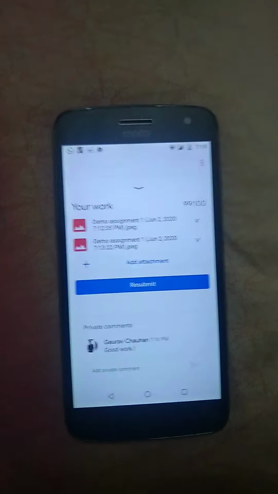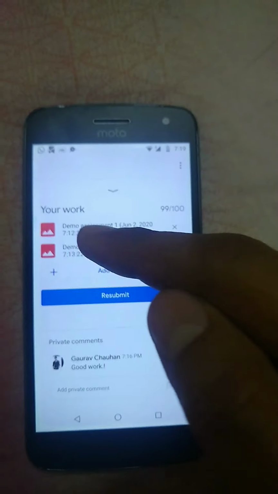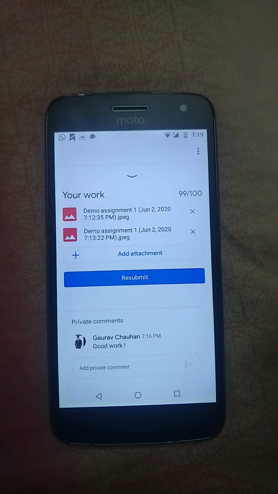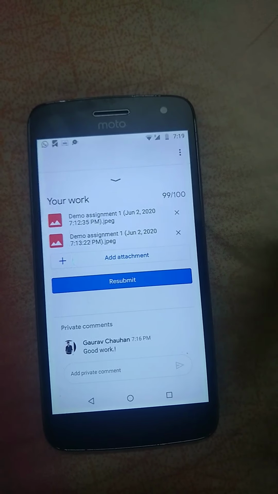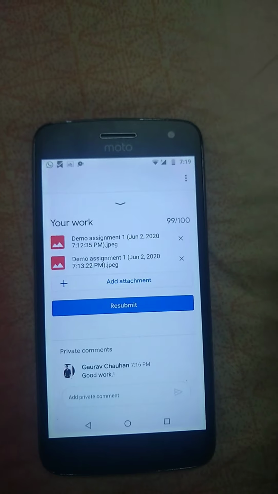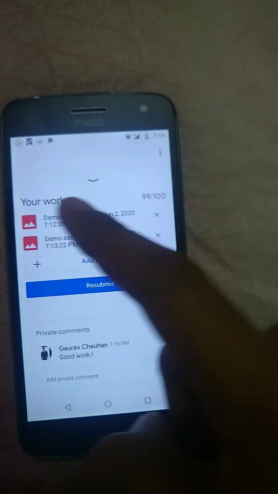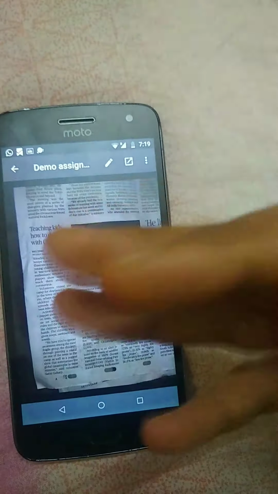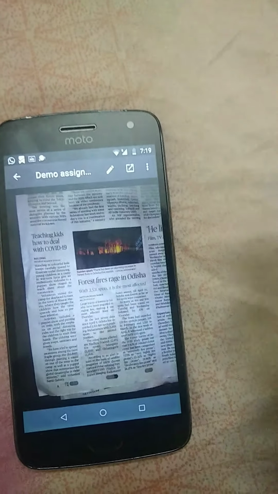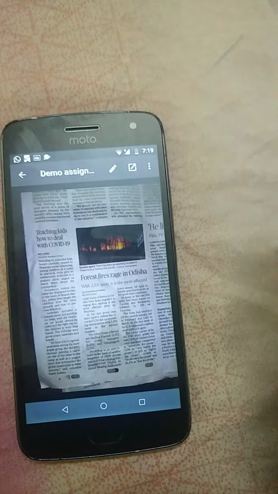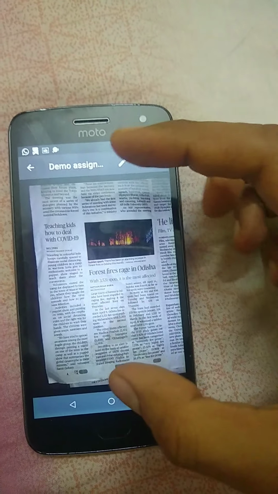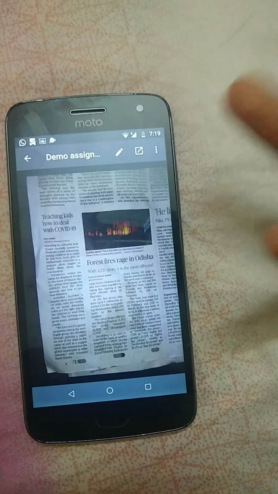Okay, but in each of these pages which you have clicked a photograph of and sent, I will be giving you some kind of comments there. Now how to see those comments I'm going to tell you now. Okay, so you click on the first page. Now I'm clicking on the first page, the page opens. Okay, here it's just a photo of a newspaper. For you it will be your first answers page, whatever you have done as your first photo. Okay, now here I still can't see my comments.